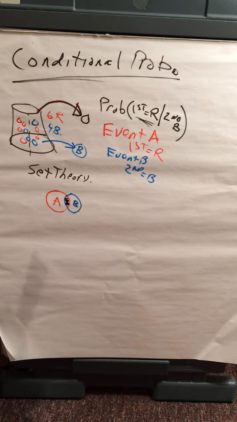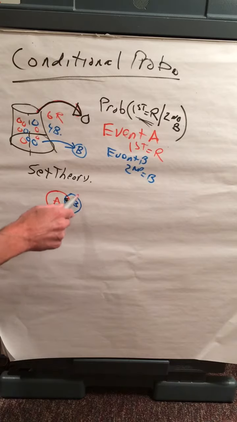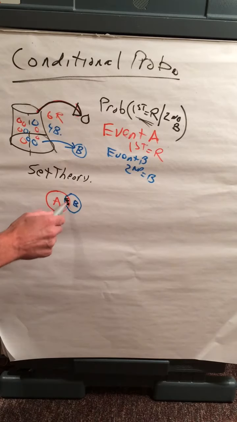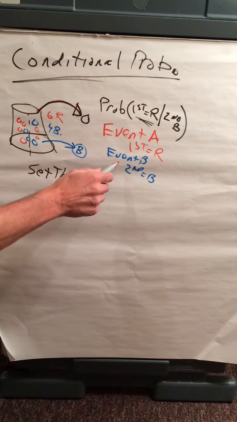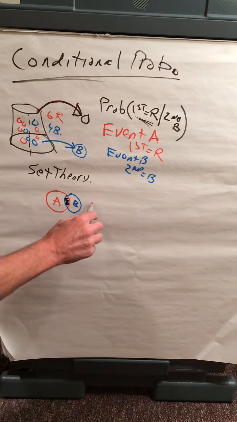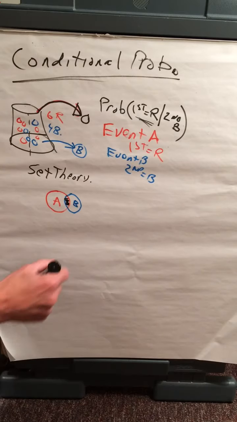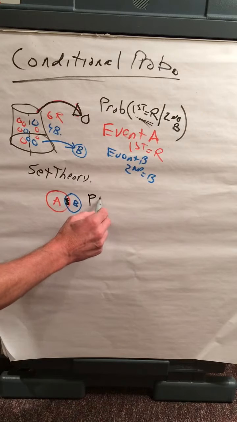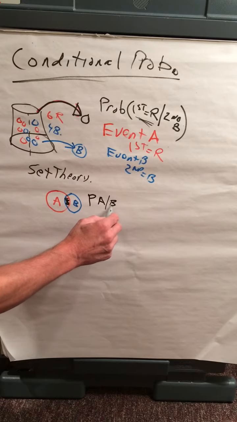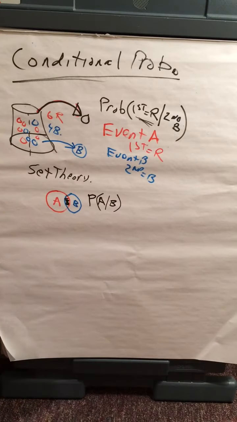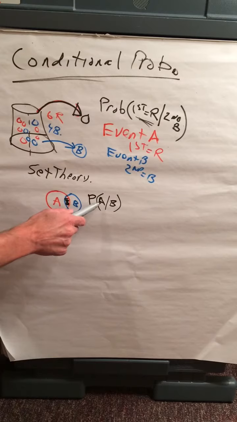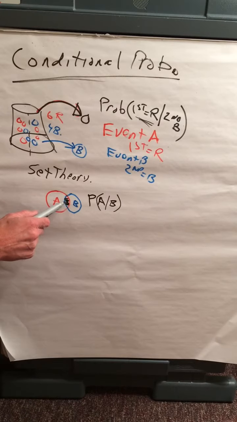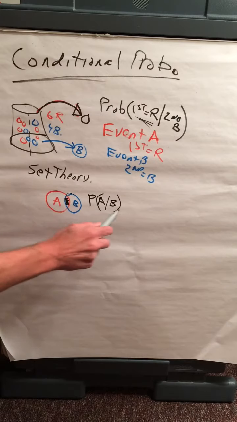Now, if you look at that, you see here, given the second is blue, the first ball, now we want to find the probability that A given B. So what we want to find is the probability of A given B. Now, what is A given B? Well, A is the first ball is red, and B is the second ball is blue. So the probability that the first ball is red, given that the second ball is blue, is equal to